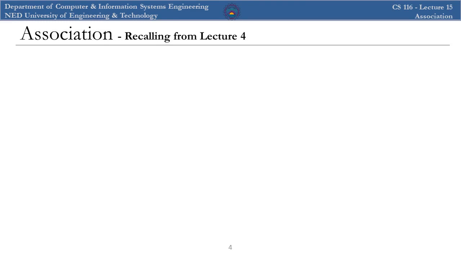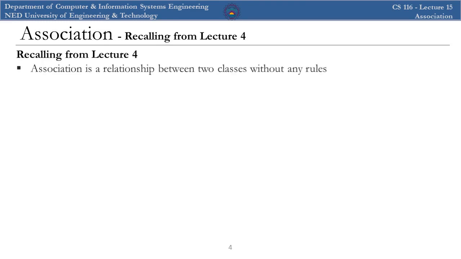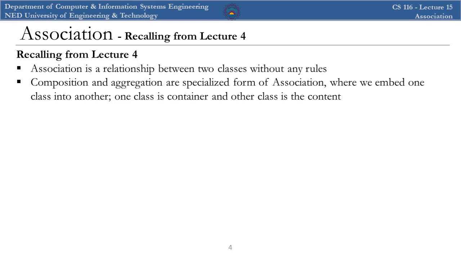Firstly, let's recall from lecture 4. We discussed association as a relationship between two classes without any rules. It can further be classified into composition and aggregation. What happens in composition and aggregation? We embed one class into another. That means we make one class part of another class. So let's call one class the container class, and the other class which we are defining within the container